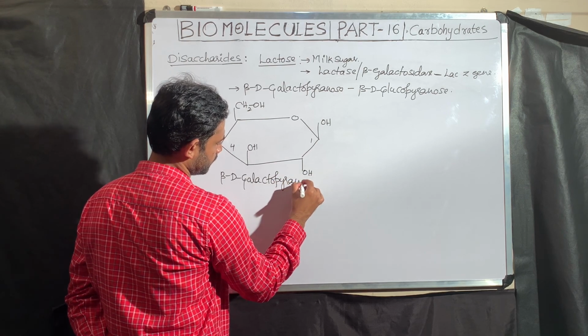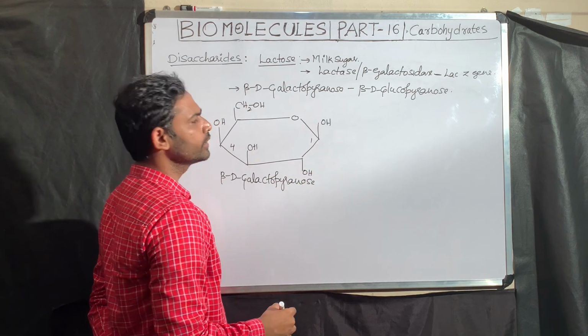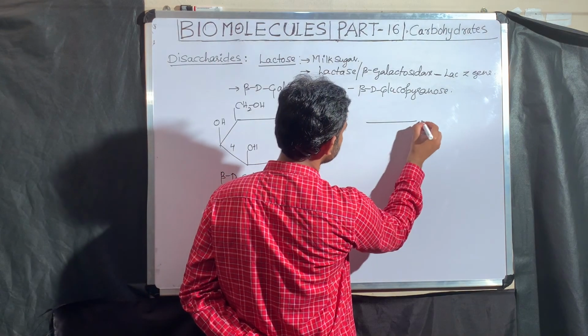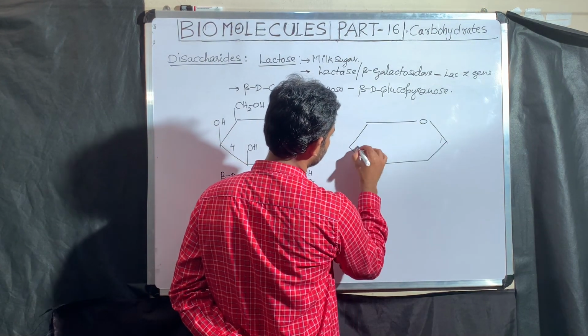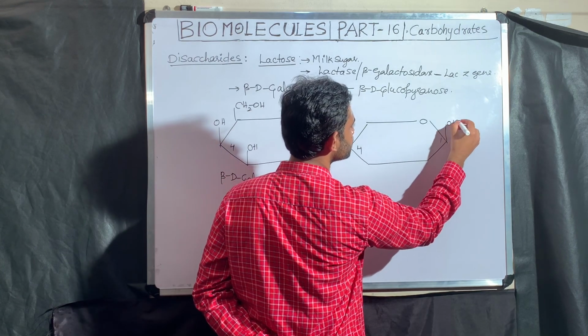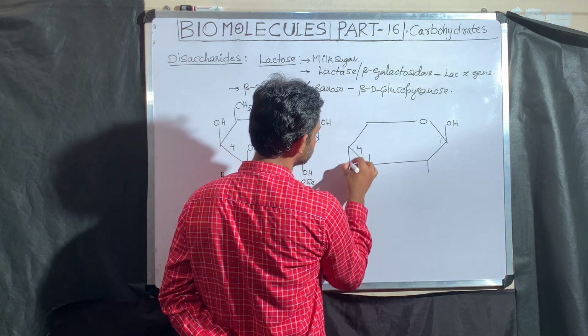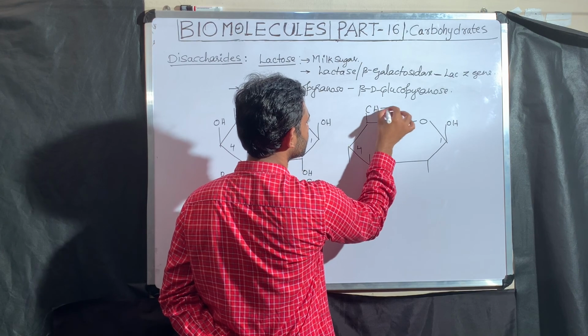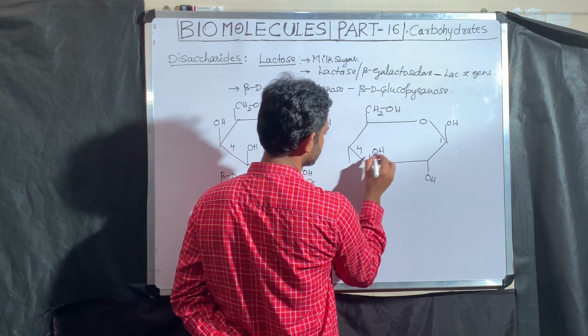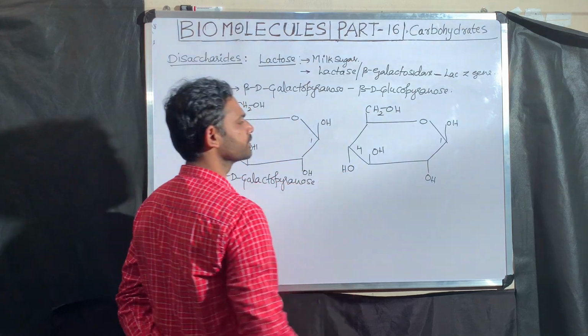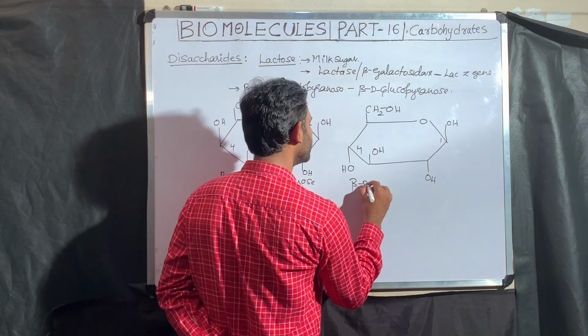beta-D-galactopyranose. Now it links with the beta-D-glucopyranose, a similar structure. 1, 4. Beta, the OH group is upside. Glucose, right? Here you can clearly discriminate between glucose and galactose. Okay? OH is this. This one is a beta D